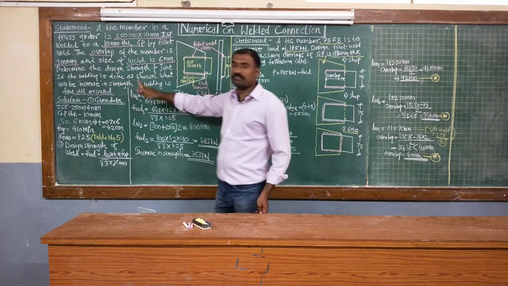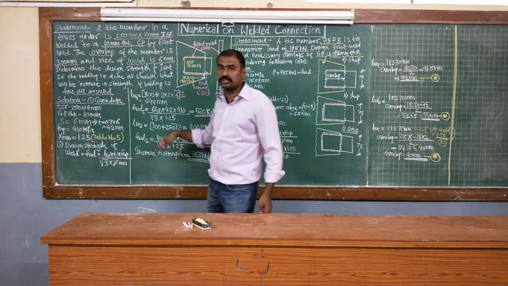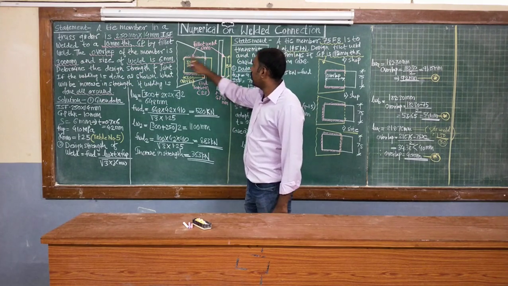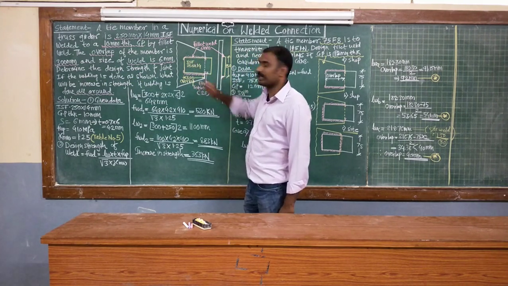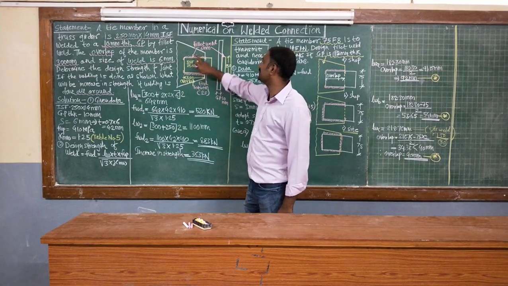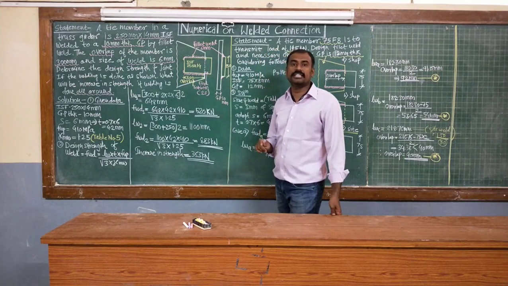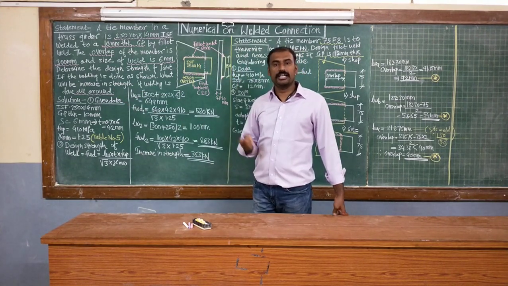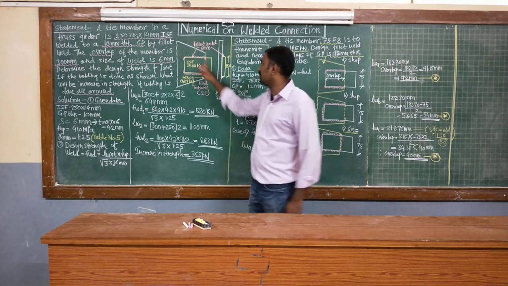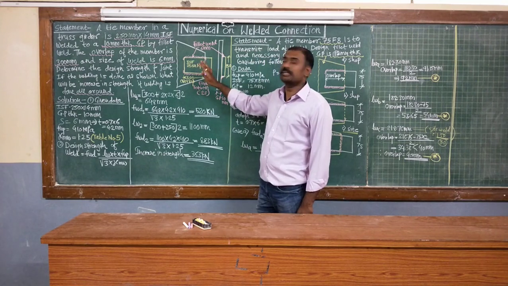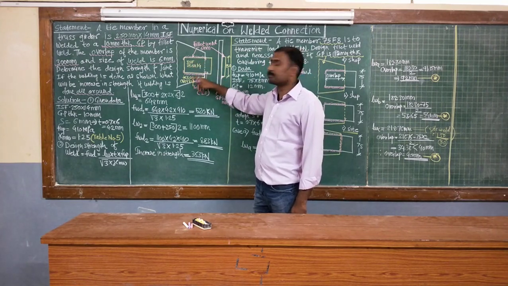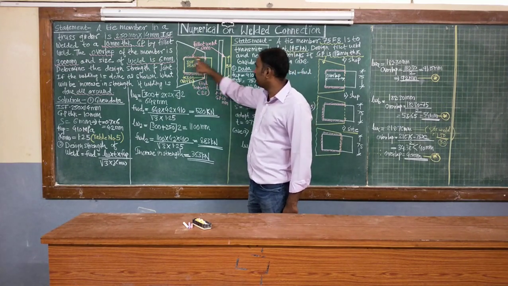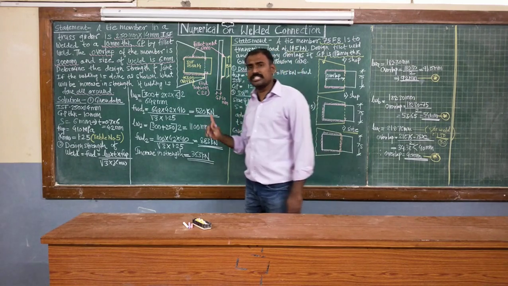Now for the first condition, if the welding is done as shown in the figure, you need to understand case number 1. For case number 1, welding is done on the sides of your overlap, that is 300 mm. So here 300 plus this 300 is the first case where your welding is done. And for case number 2, they are asking you to calculate the increase in the strength if that particular welding is done on all four sides. So purposefully only case number 1 I have drawn here, where welding is provided on the opposite edges of 300 mm. For case number 2, you need to provide welding from all four sides. So initially we will see case number 1.